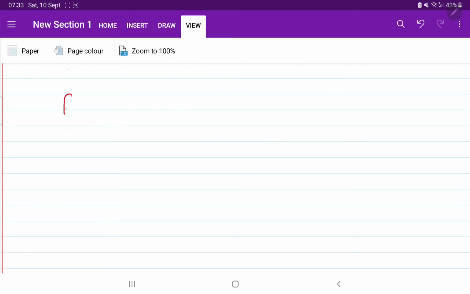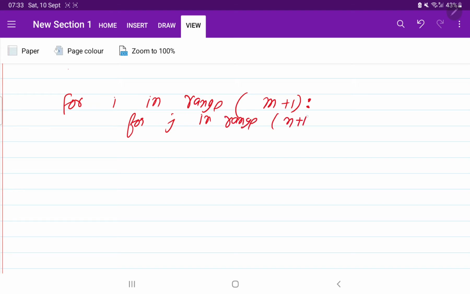So we are going to fill it like this: for i in range of, first of all we need to write the rows, that is m plus 1, for j in range of n plus 1. Perfect. This is going to be like this. Now we are going to check if x of i minus 1 equals y of j minus 1.